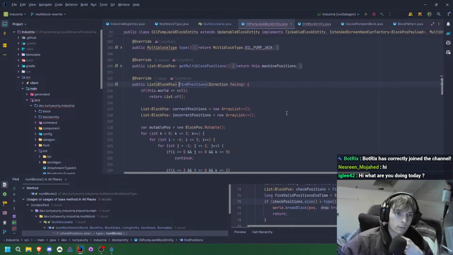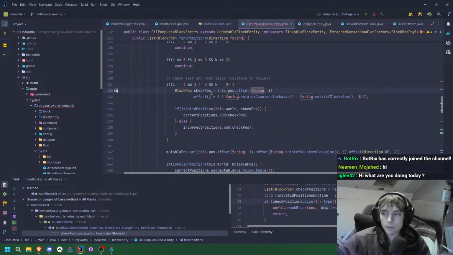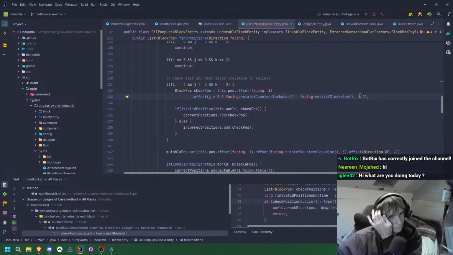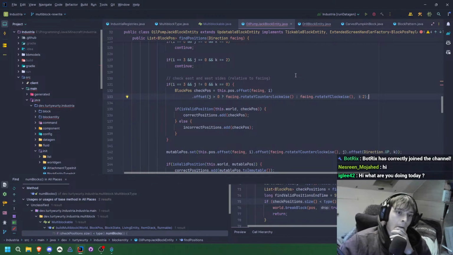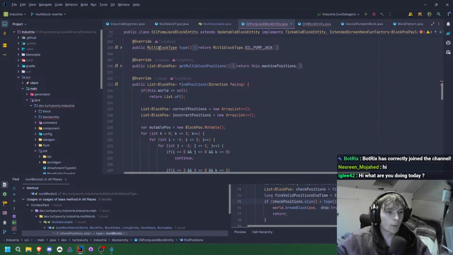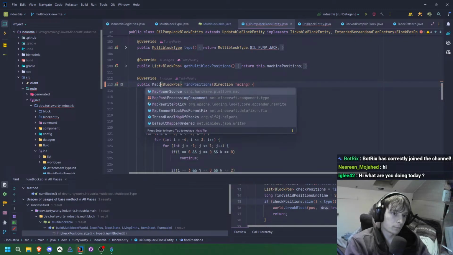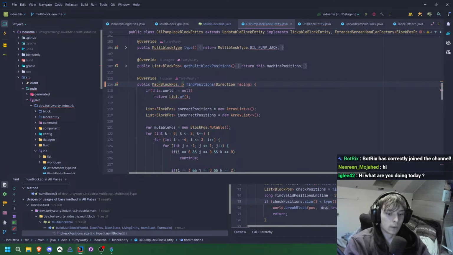Let's go to this one again. Is it relevant of rotation? Oh, it's actually not. So this has to take into account rotation, right? Okay, what it could do is instead of returning a list of block positions, it could return a map of block position to some data object. I don't know exactly what, but something like